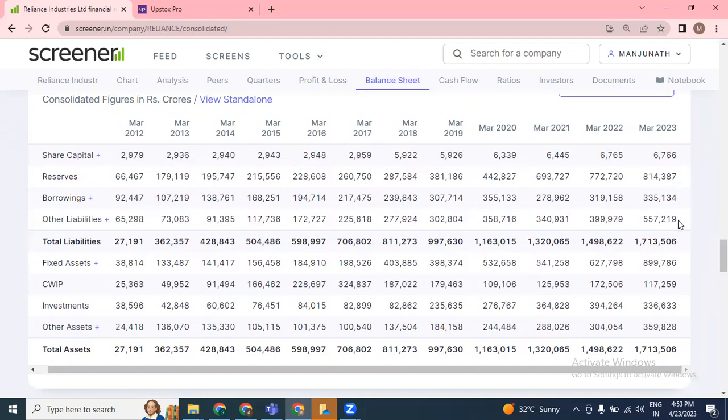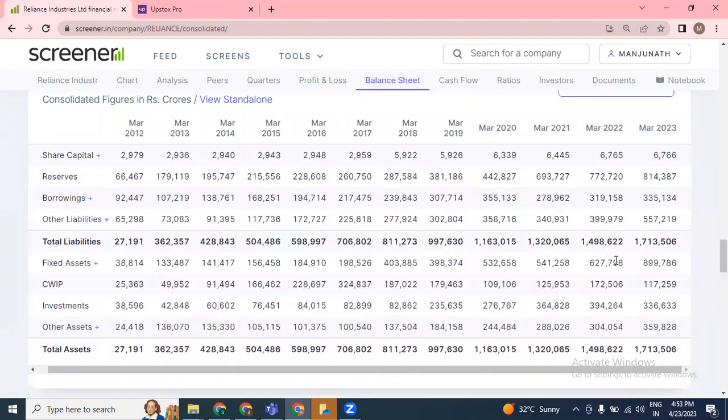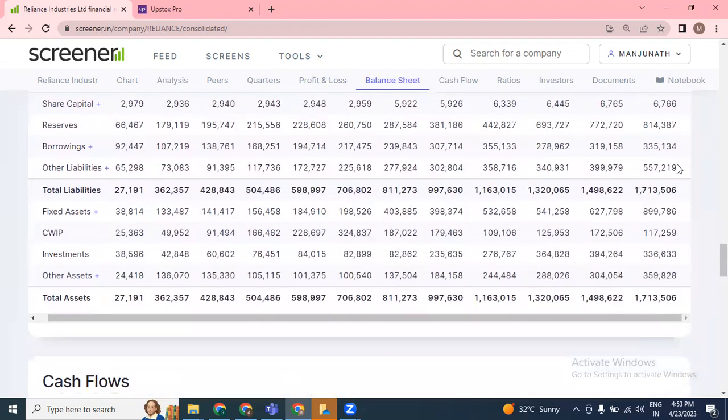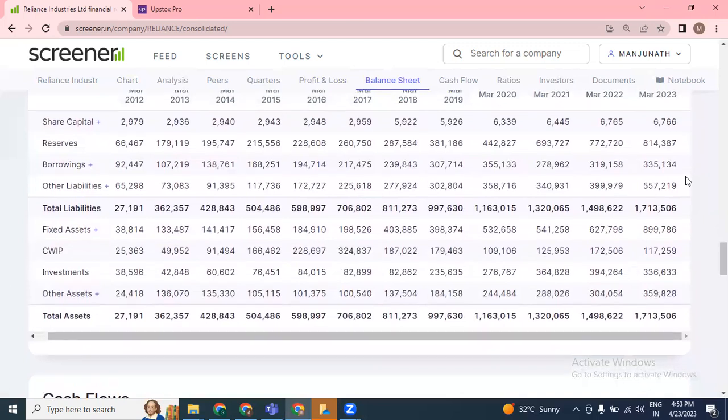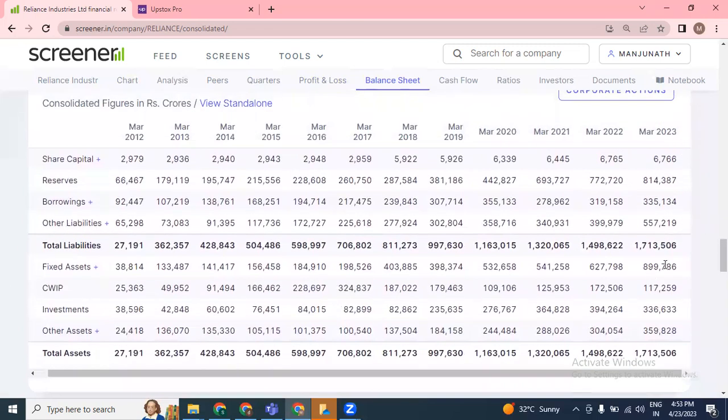And other liabilities have increased here. See, there will be temporary liabilities also, like trade payables or trade receivables. All these things will be there. But other liabilities have sequentially increased here from 399 crore to 557 crore. So that is with respect to one side of the balance sheet, and the other side of the balance sheet is